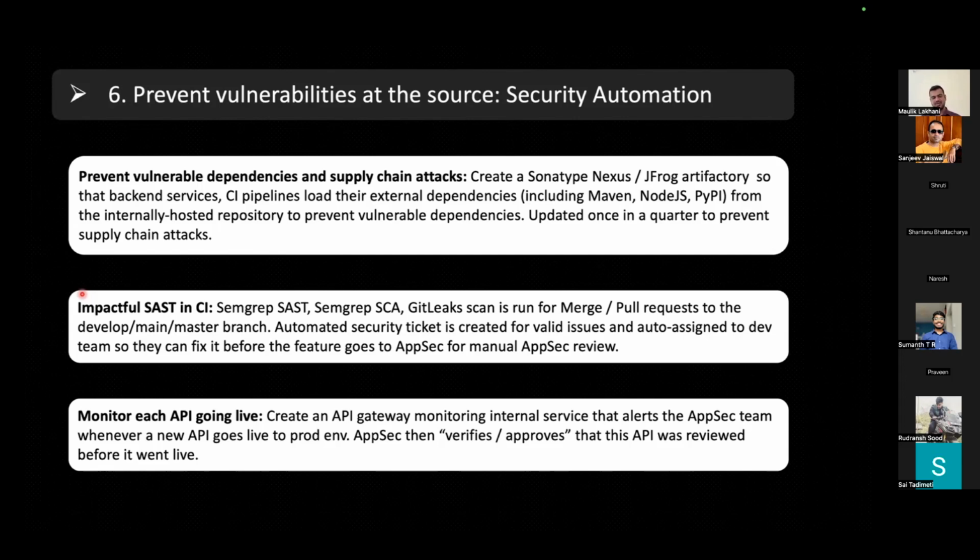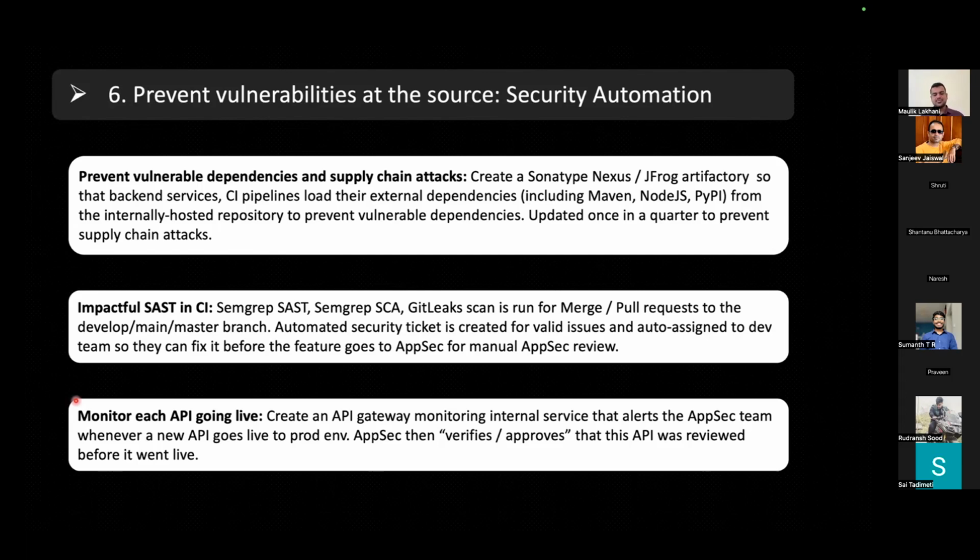by an automated plugin. Then one thing which you can do is look at what happens after an API goes live. It is likely that the developer gave you a merge request or pull request for manual review which had only 5 APIs, but later they decided to go for 6 APIs. Some automated SAST, SCA, Gitleaks was run on that API endpoint, but it did not come for manual review.